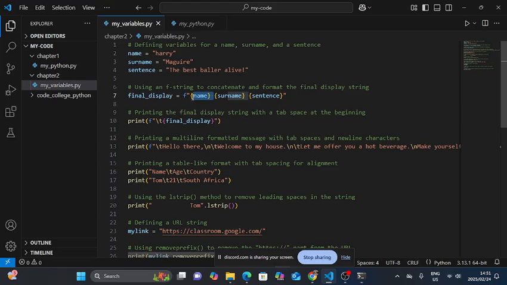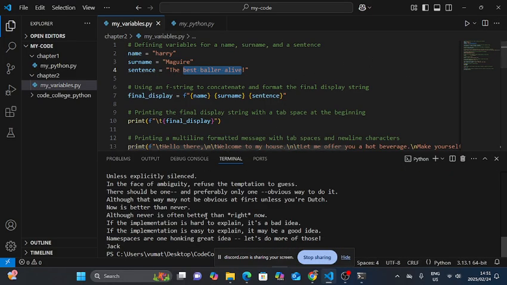So here we have name, right? So we know it's gonna access the value Harry. And we have surname, it's gonna access Maguire. Then we have sentence, then it will access this final sentence over here. So when I run this,